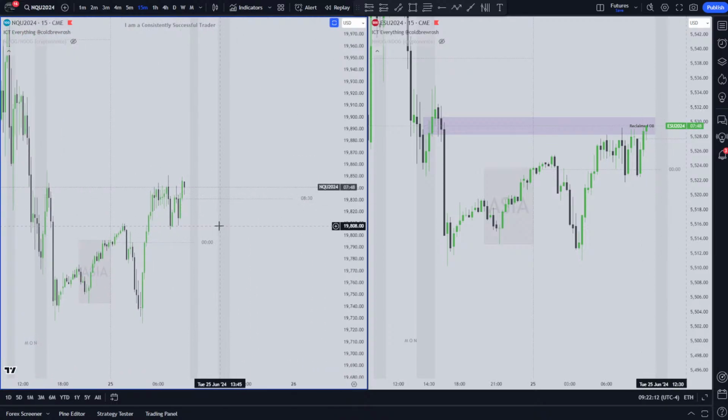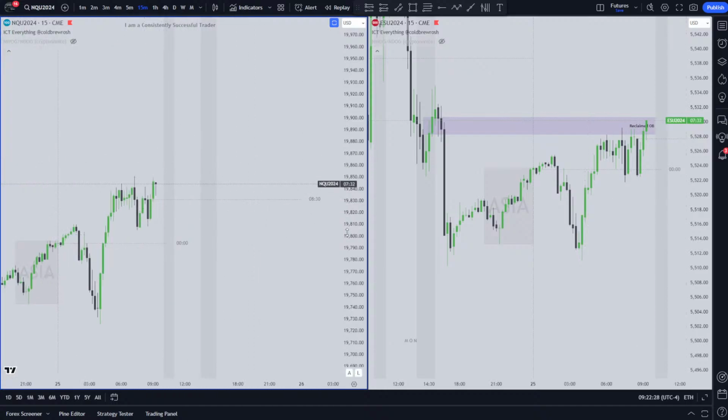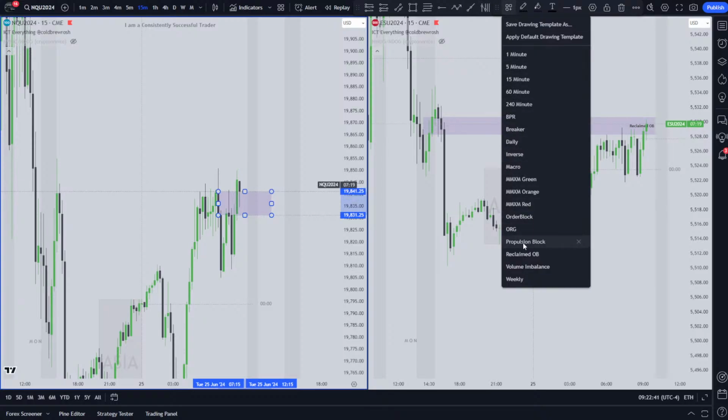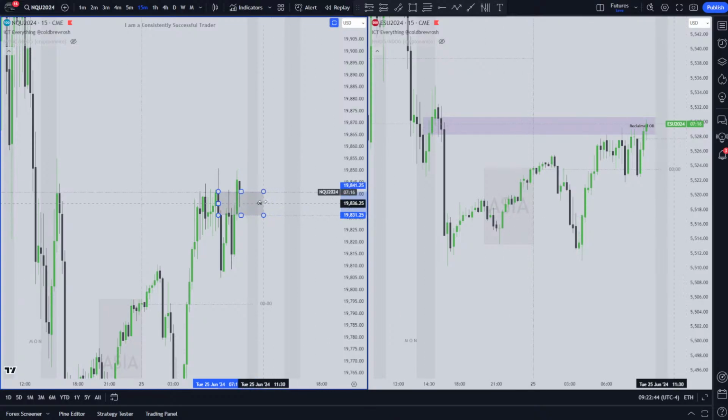Midnight and 8:30. So we got midnight below us. And we didn't touch it, but that's okay because the PD arrays were kind of blocking that level in price. 8:30. I just wanted to see if this, I'll draw body to body, I'll see if this order block is gonna be respected at 9:30 open.